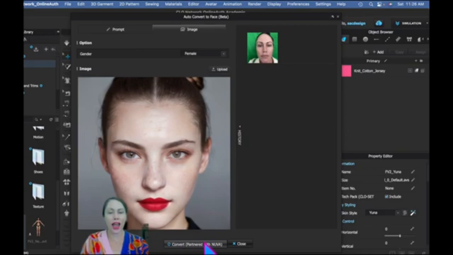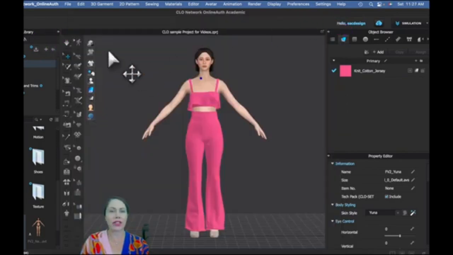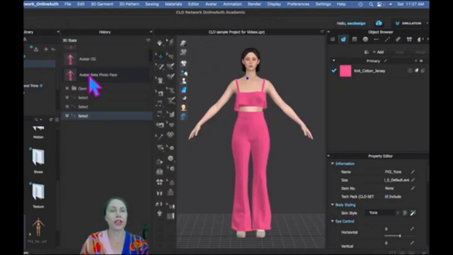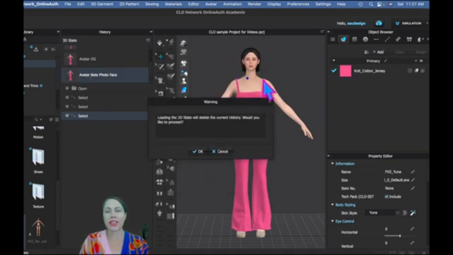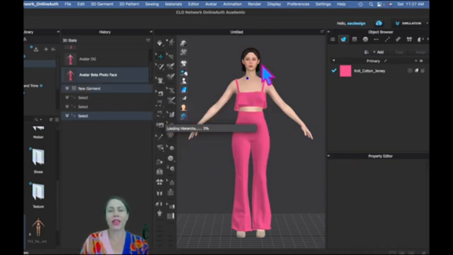Okay, so I clicked it. It takes 1 to 2 minutes, and I can show you actually what that looks like because I did save it in the library. So let's go pull that up under history. I'm going to double click it, say okay. So this is the regular avatar face. Take note of right now, and it's going to change it to